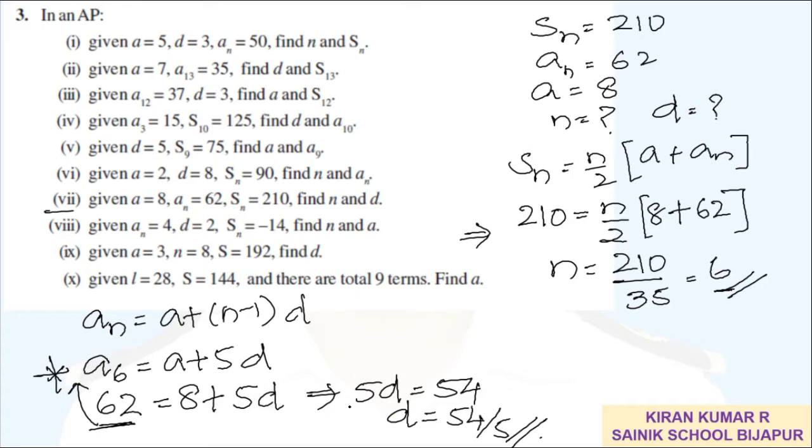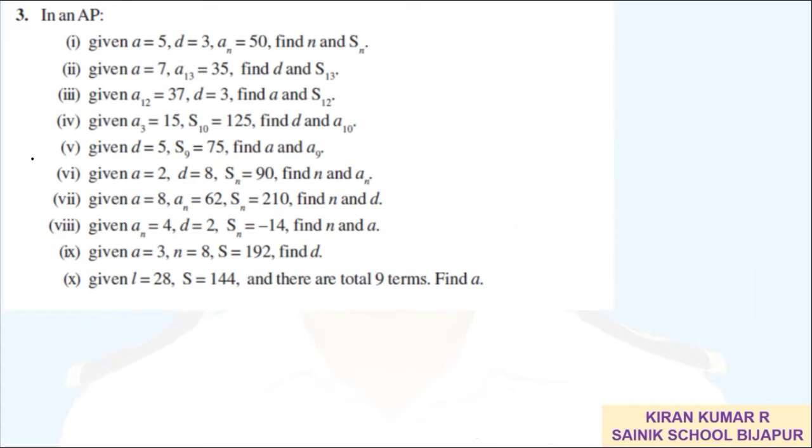On substituting, we'll be getting the value of common difference as 54 upon 5. Let us solve question number 8. In question number 8, Sn value is given as negative 14